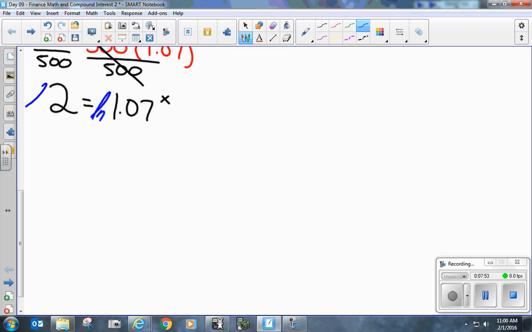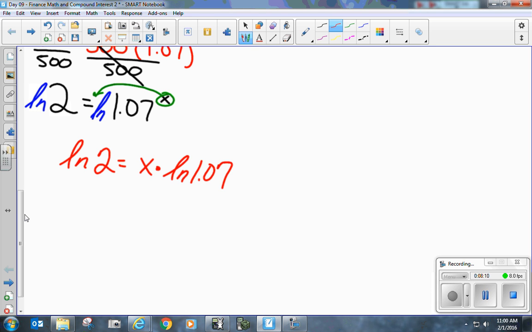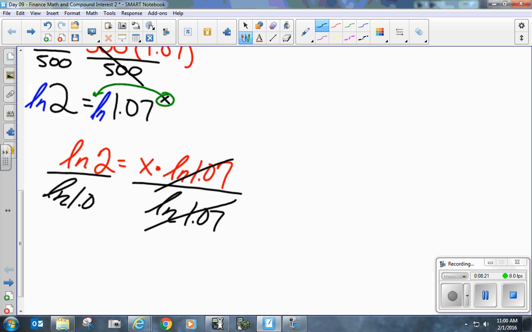So if I take the natural log of both sides, my exponent becomes a lead coefficient. So I now have the natural log of 2 equals x times the natural log of 1.07. What do I do to get the x alone? Thank you. Divide by the natural log of 1.07. And in your calculator, give me 3 decimal places. So x is going to equal